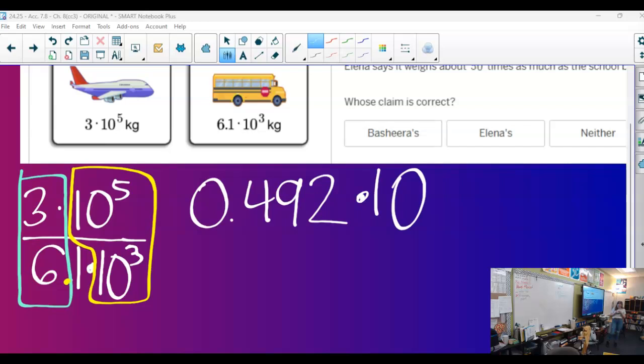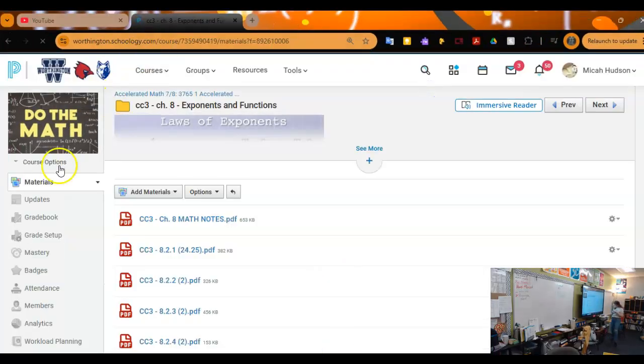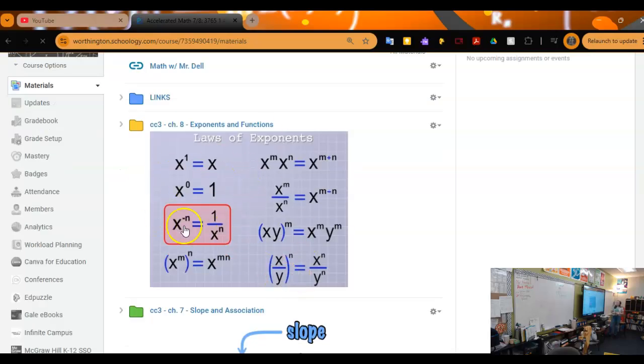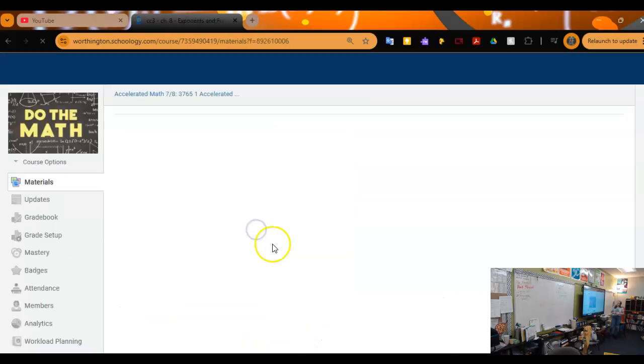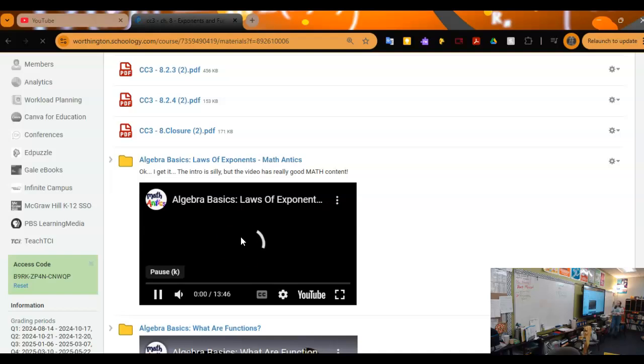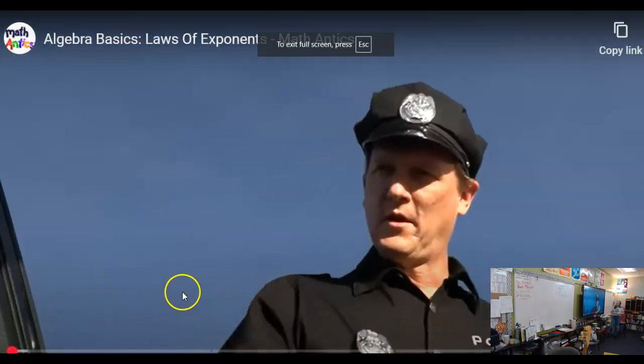So, in your Schoology, not only are these laws that we're about to talk about, these exponent rules right here, and I emphasize the negative one because that normally tends to be a struggle for kids, but we got a Math Antics video going through exactly how to do all this sort of stuff. So if over the weekend you are struggling at all,